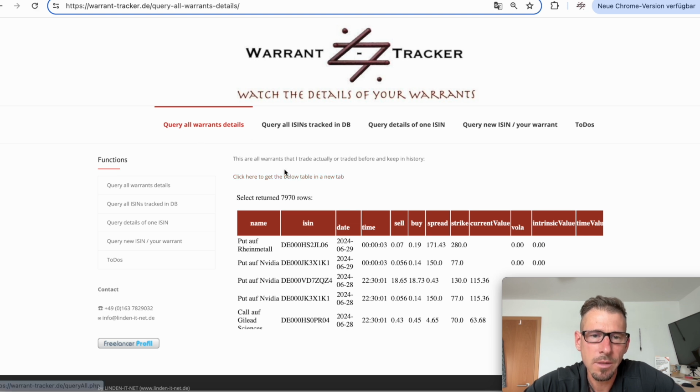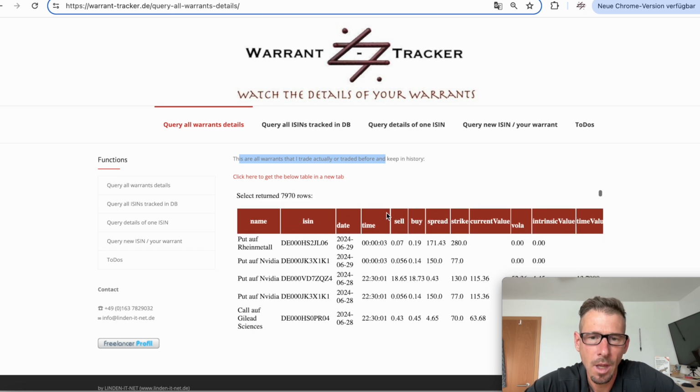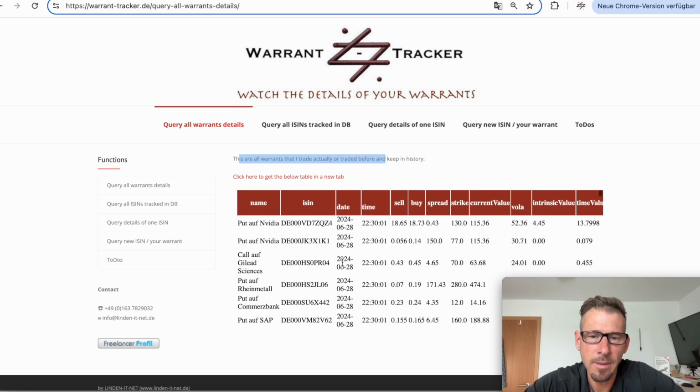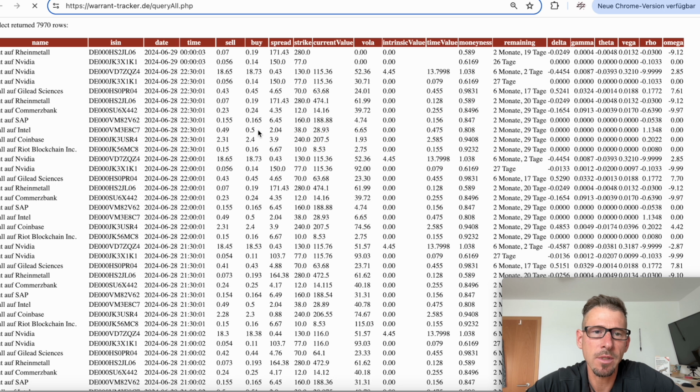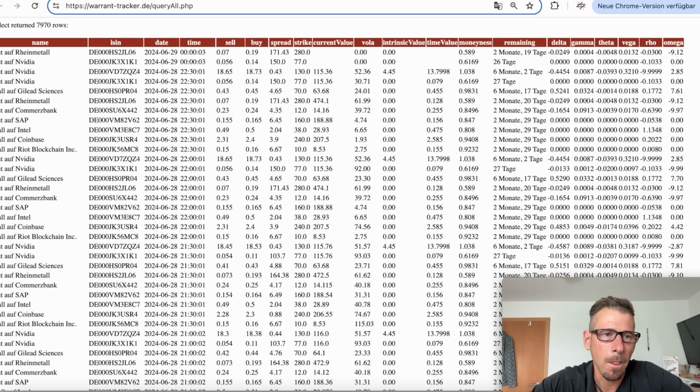Query all warrants. These are all warrants that I trade actually or traded before and keep in history. And you always get the same here in this iframe, or for a much better overview, you go on the link above, click here to get the below table in a new tab, so this helps a lot. Now you see all the warrants here I'm trading, and the Python script you see runs every half an hour